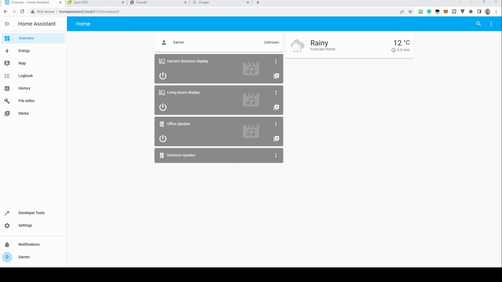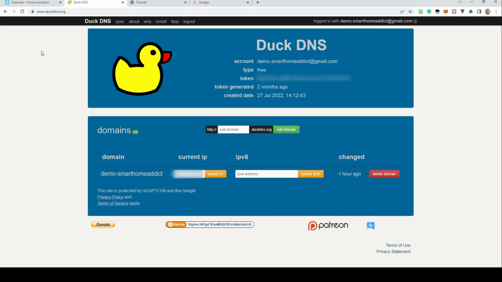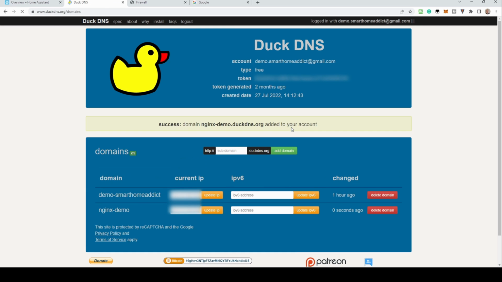First, we need to create a domain in DuckDNS. To do this, visit duckdns.org and create an account or login. We already have an account, so we'll move to creating the domain. In the domain section, enter the subdomain you wish to create. Click Add Domain. This will create a domain name of